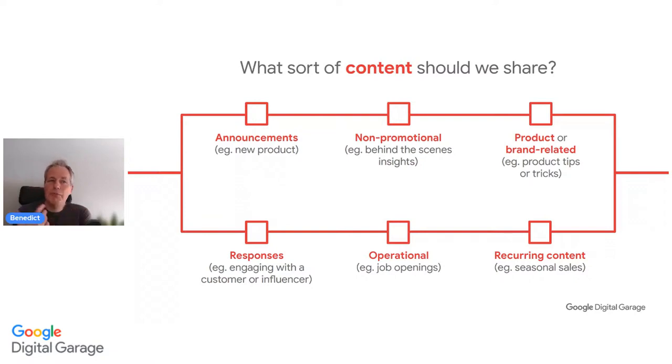And then, of course, product or brand related content, like product tips or tricks. That's so helpful. If you're selling mountain climbing boots, let's say, a particular kind of boot, which is great as your own brand, but at the same time you're talking about the different kinds of glue that are used, they're still going to think, this person sells them as well, they know what they're talking about, I'll buy those shoes. That can happen indirectly. And then responses. It's very important to engage with a customer or influencer. It's very important as well.